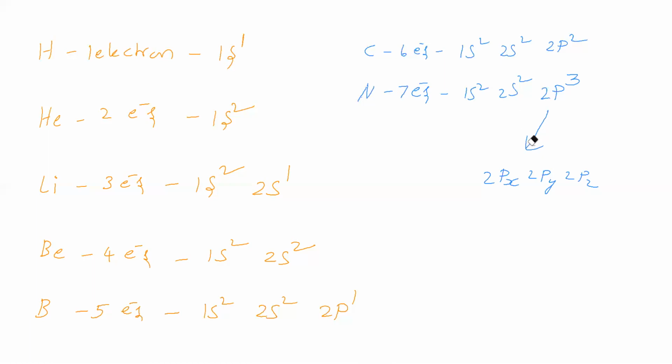So nitrogen electronic configuration we said here. Okay. Next, we will go for Hund's rule of maximum multiplicity. Before going to Hund's rule of maximum multiplicity, in Pauli's exclusion principle, one more point we will see. Now, we will take nitrogen electronic configuration.